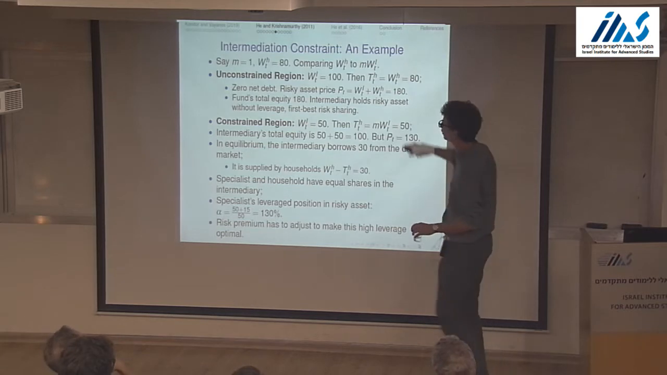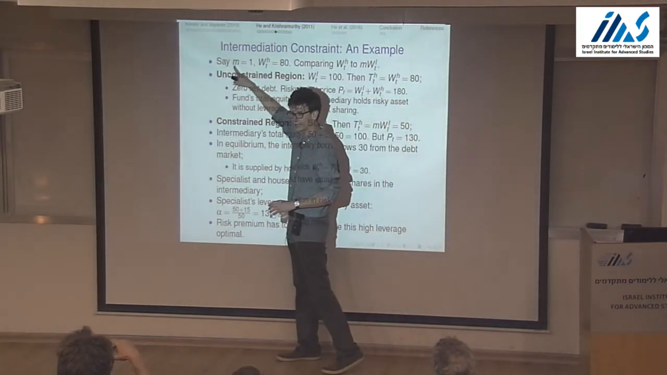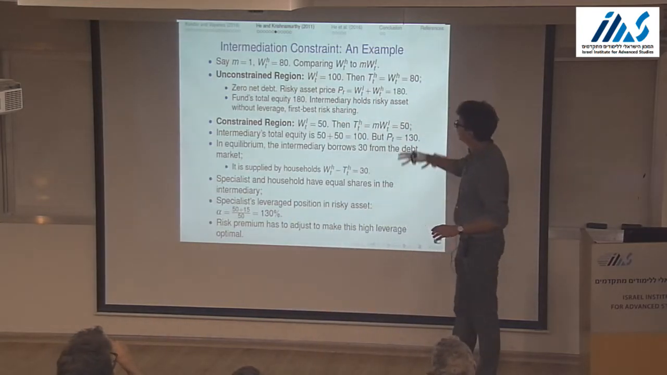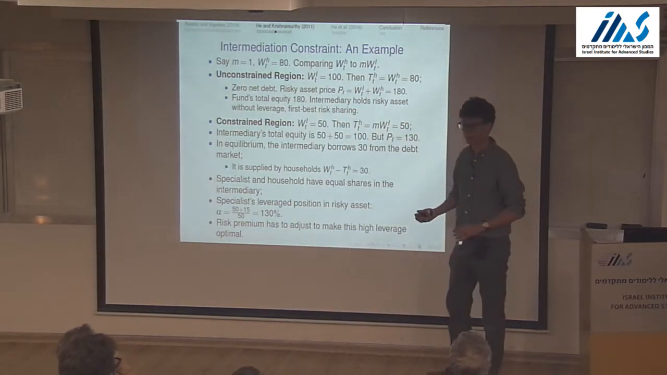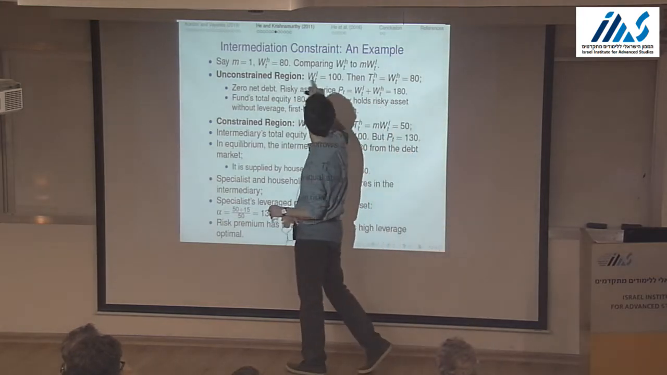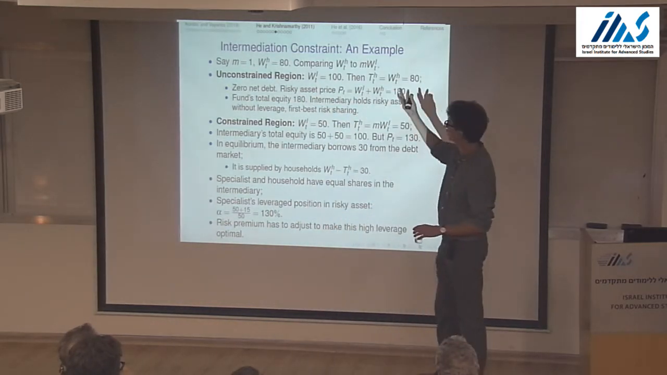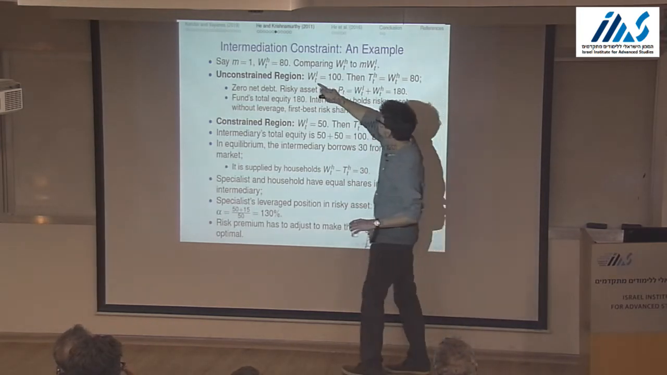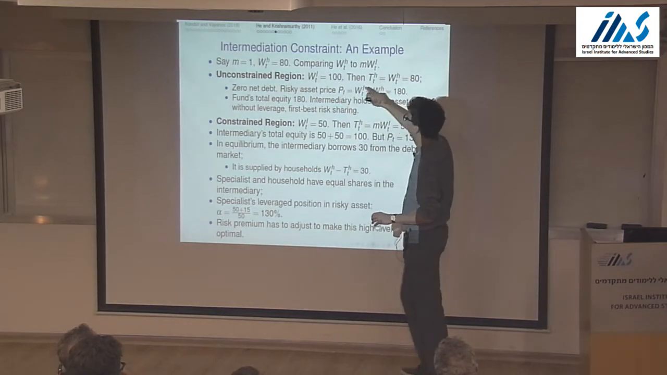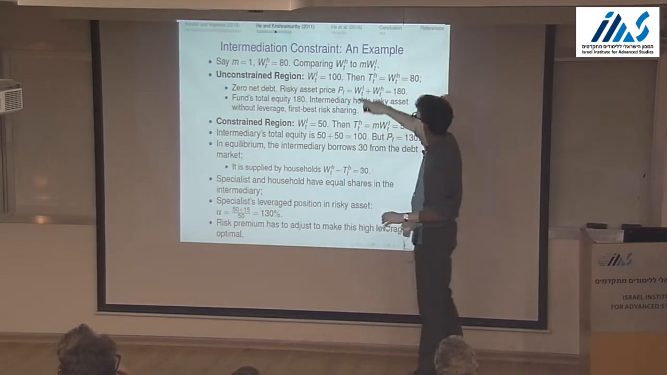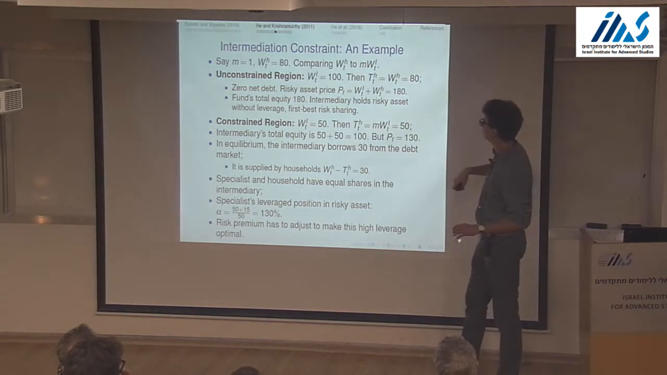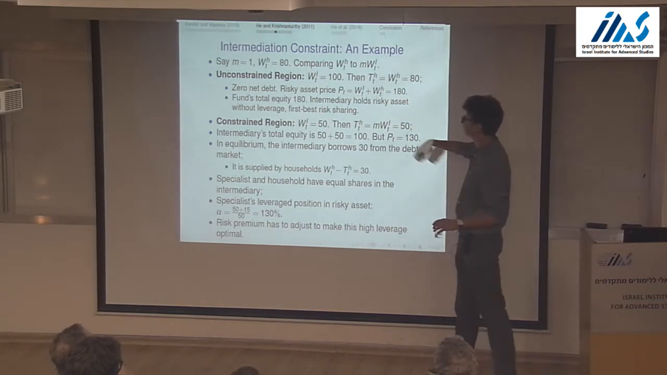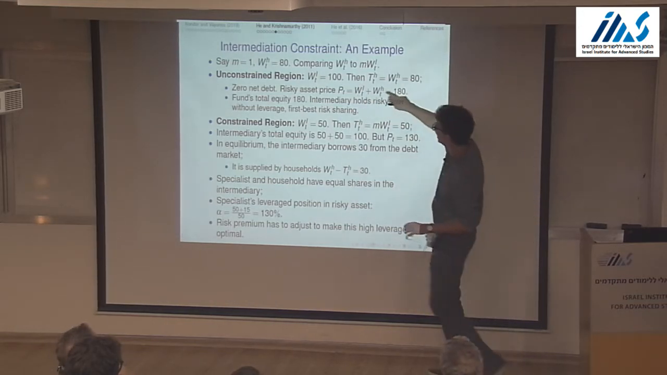Okay, so what is happening? Once you derive this M, that will be an equilibrium object. When there's a lot of good shocks to the economy, the wealth of intermediaries goes large enough that this constraint is not binding anymore. Let's say the intermediary wealth is 100 and the household's wealth is 80, then they are happy to give all the 80 to the specialist. So altogether, 180 will be invested in the risky asset. So the price of the risky asset will be